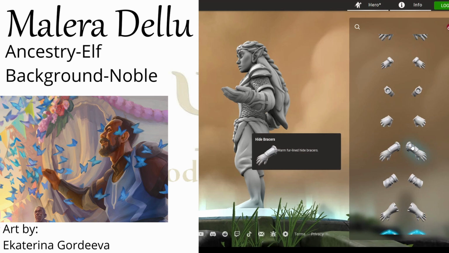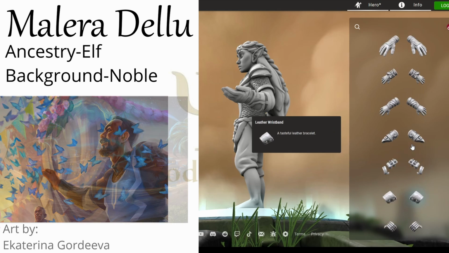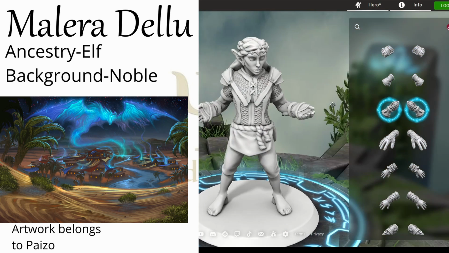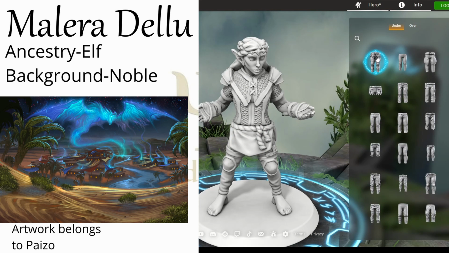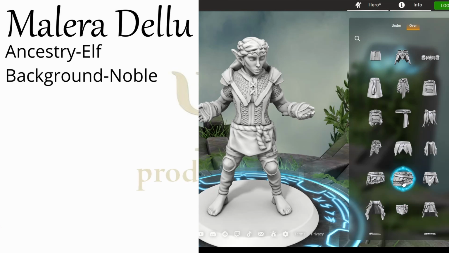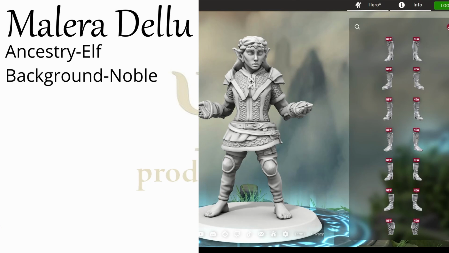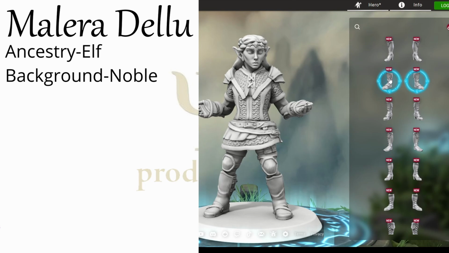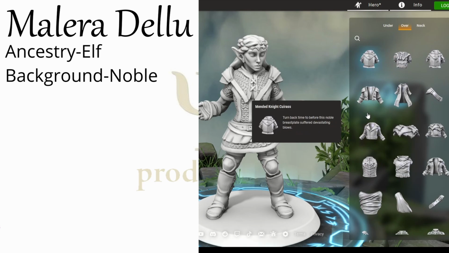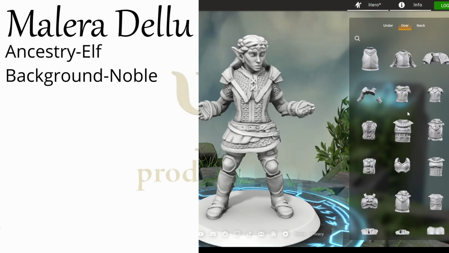While at the festival, the young Malera saw magical fireworks for the first time, and she was awestruck. She didn't just see magic being cast, she saw true, undiluted wonderment. She saw how this magic made the other children happy, and she knew how it made her feel, and she became obsessed. She immediately asked her father if she could learn to harness such wonder, and much to her surprise,